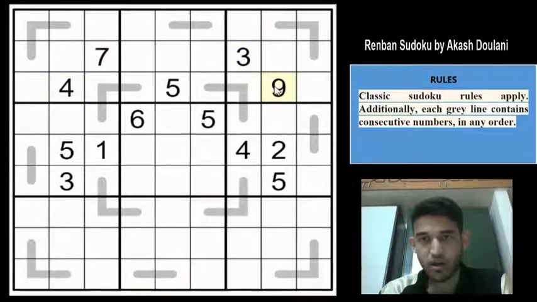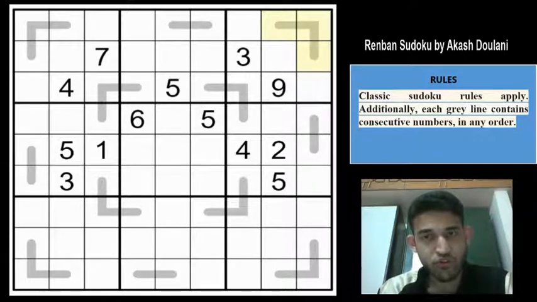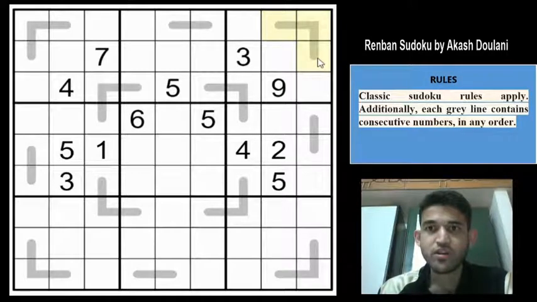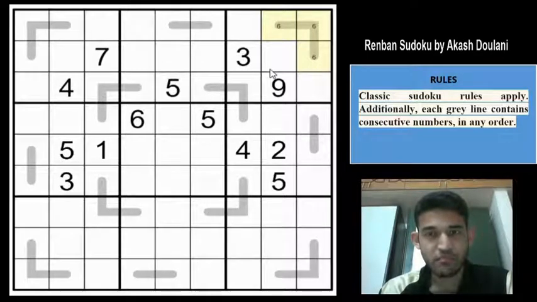So if you look at this box, you can't have a 1 or a 2 here, right? Because if you have a 1 or a 2 here, then it must mean that you must also have a 3 here. Because a Renban line of 3 digits will also have a 3 if there is a 1 or a 2. So 1 and 2 are eliminated. So remaining digits left are 4, 5, 6, 7 and 8. So you can either have a 4, 5, 6, a 5, 6, 7 or a 6, 7 and 8. So in all these cases, the common digit is a 6, right? So whatever be the case, there must be a 6 in these 3 cells. Which is again not much information.